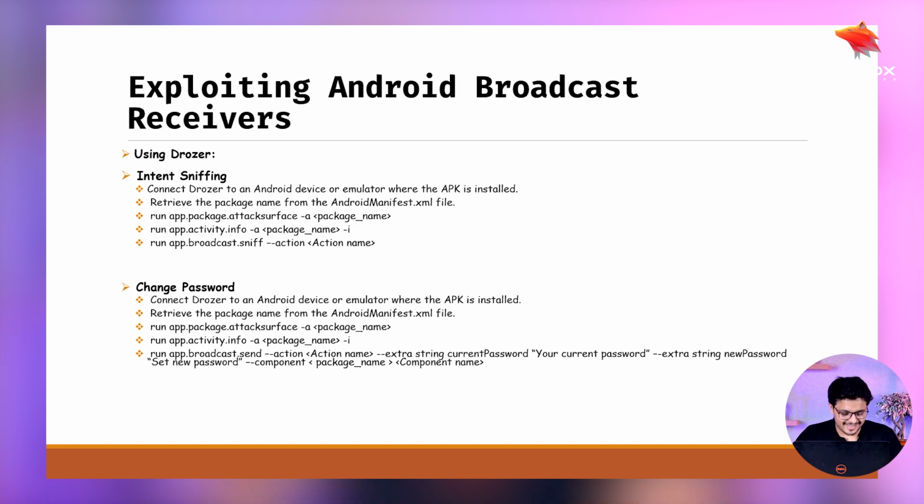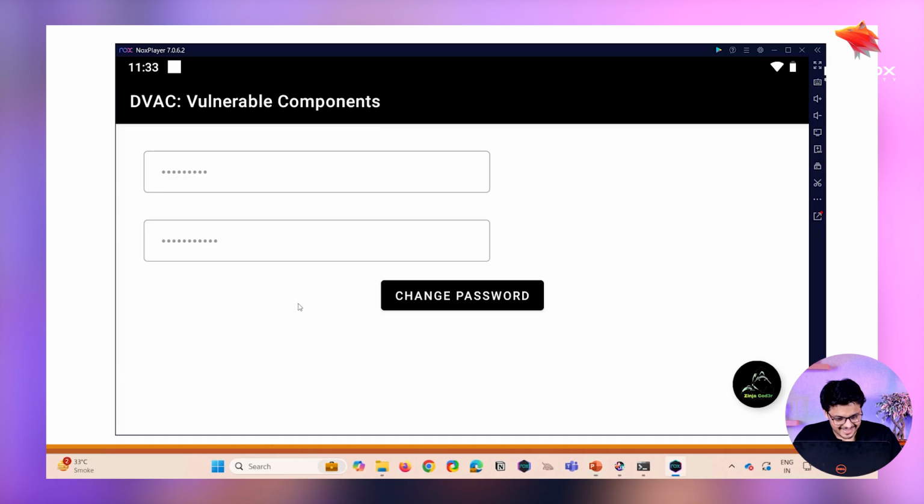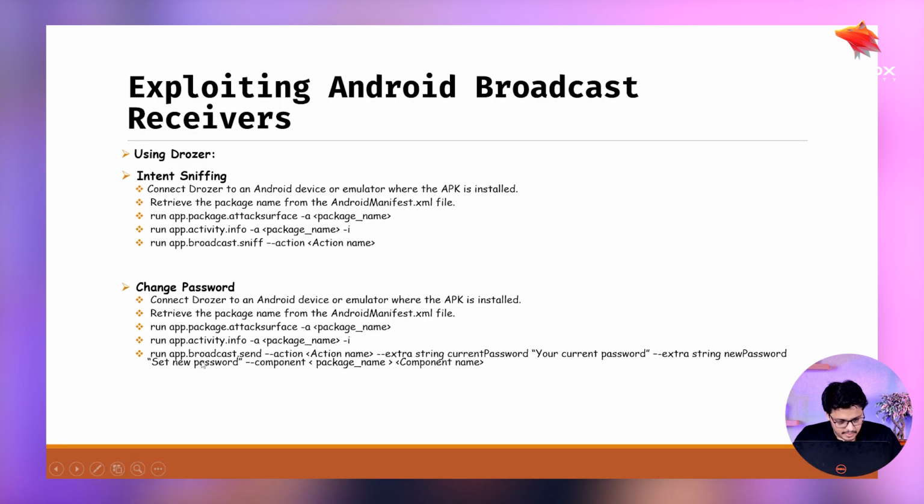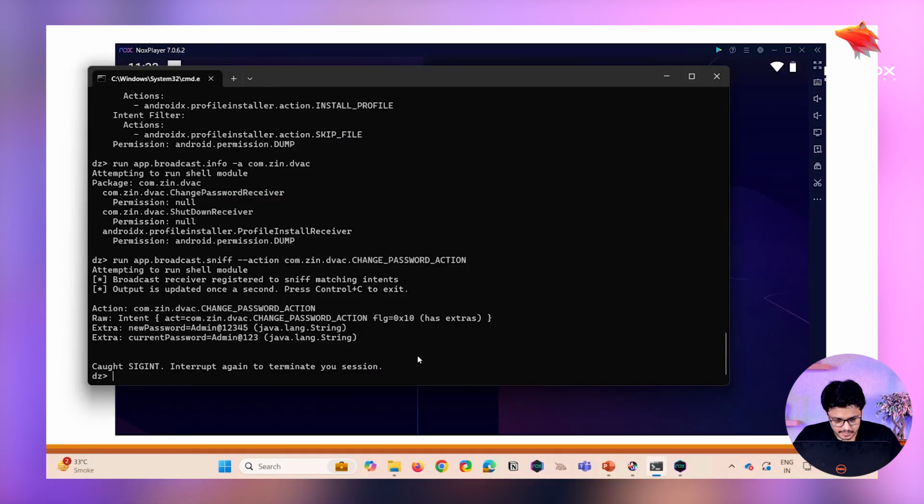It's more like something. So let's do it. For that, first you need to understand the broadcast receivers have some command. So as it has a sniff mode, we can also send the broadcast. So how is it? Run app